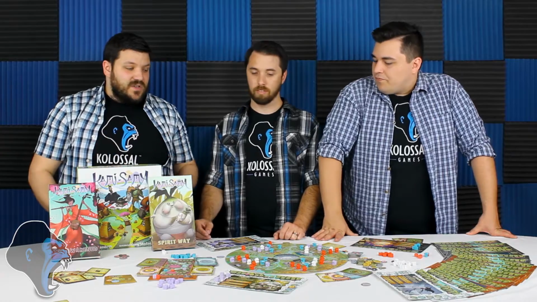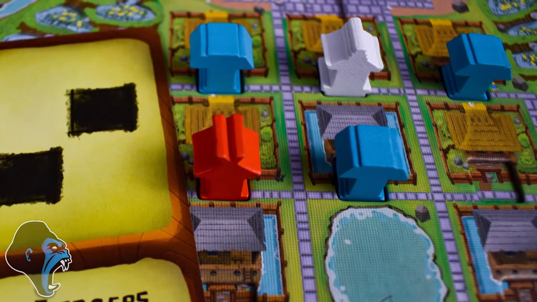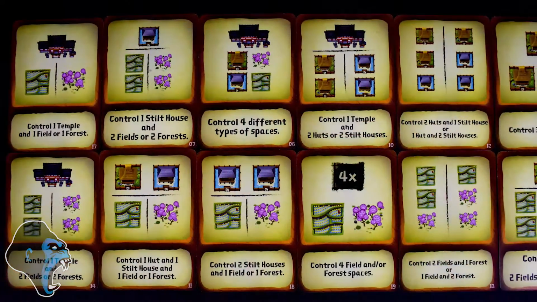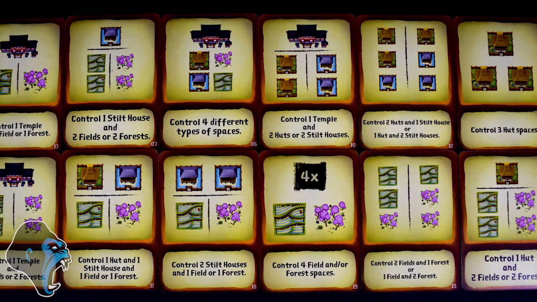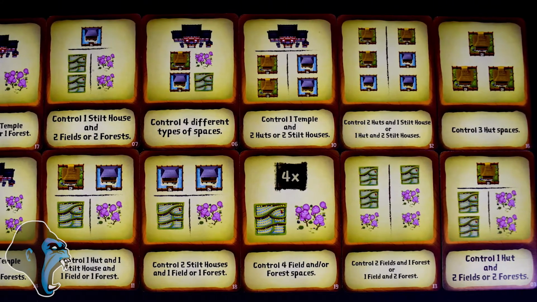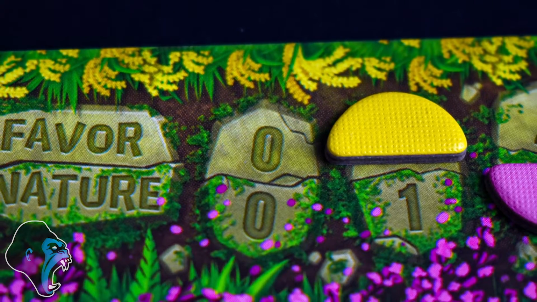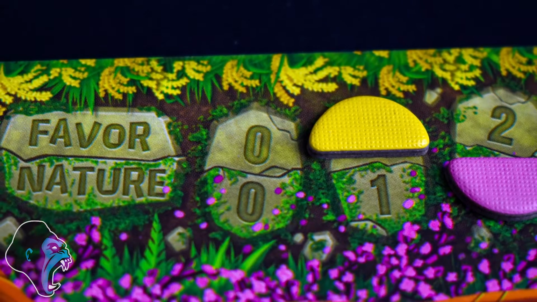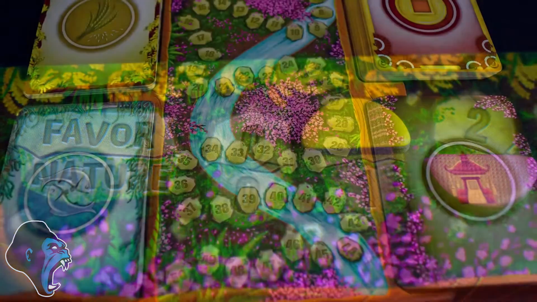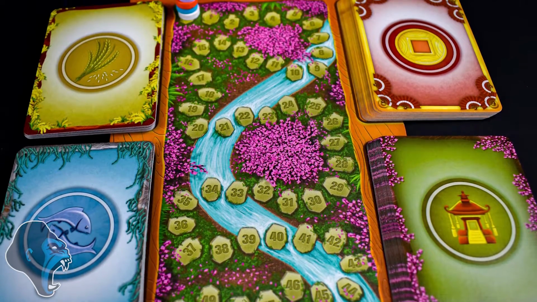Right, but also you're gaining points in different ways. There's the goal per year, which is just try and get this pattern. Or it's not always a pattern. Sometimes it's certain area types. There are some area types that will give you favor or nature, and you always take whichever one's lower. That's another way to get points. You try to move these 2 tracks up in succession, so that whichever one's lowest, you'll get points. But also, if you ever have the most control,